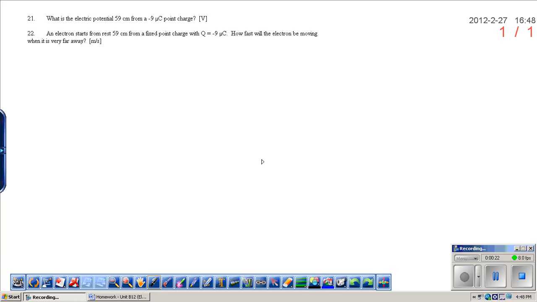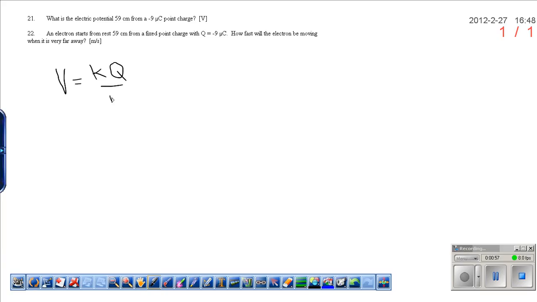So the first one, problem number 21, is really just a straightforward application of the equation for what a potential looks like as a function of distance. So you can find this, of course, in your Giancoli. For problem number 21, they're asking the potential from a certain point charge, minus 9 microcoulombs, when we're 59 centimeters away. So the first equation that I find that relates potential and distance and charge together is V, potential, equals k Q